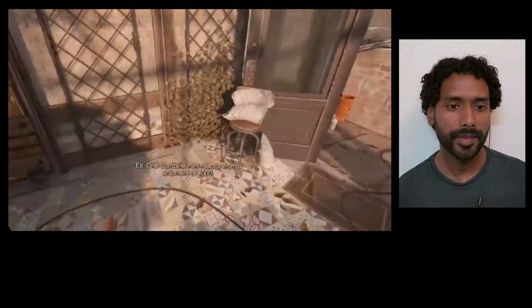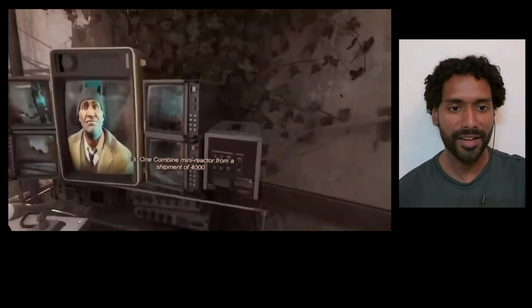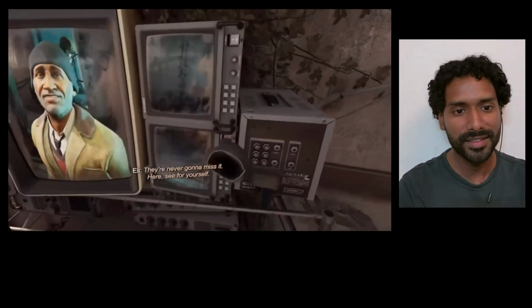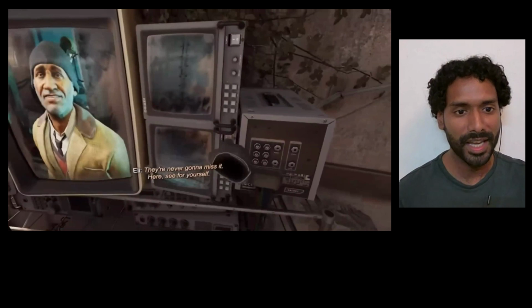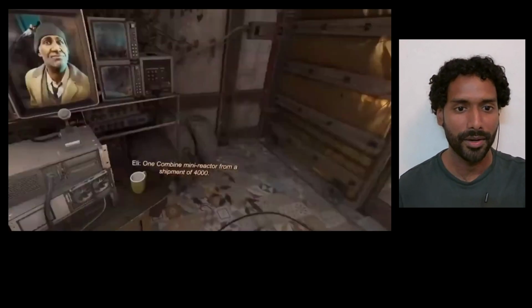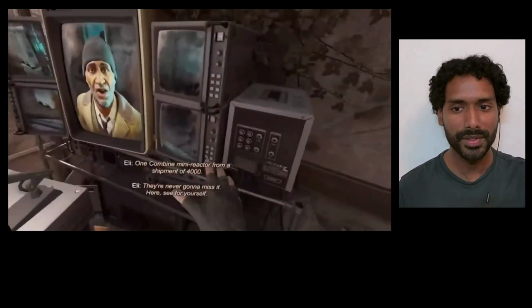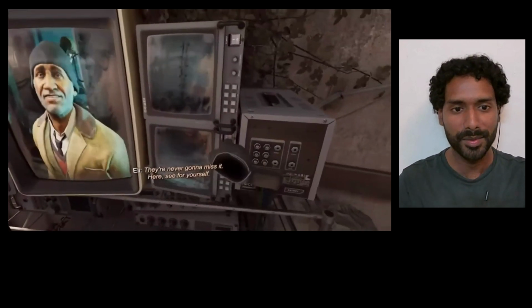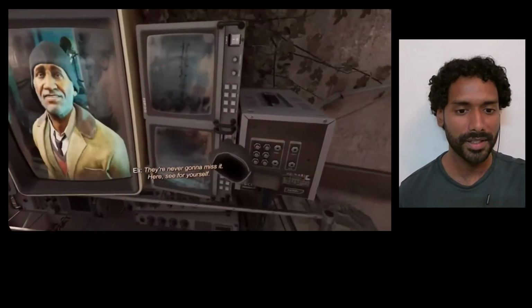captions. This is a video from the popular game Half-Life: Alyx. And here you can see that when the user is looking around, the captions follow their head wherever they go. And this is quite a simple solution, and these are called head-locked captions. Now let's look at another example.